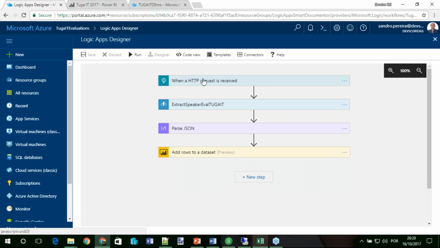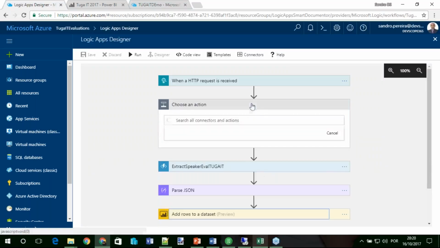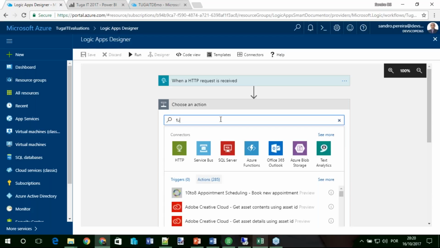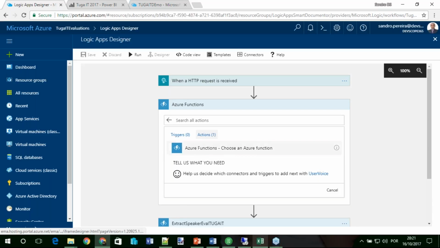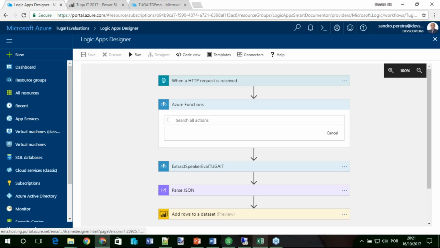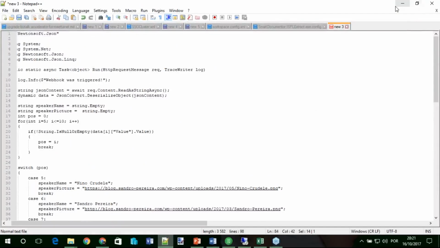I will not do that because I cannot add a listener to an already existing one. So the second step is add action, and that is a function. I already have my function created. It's something more or less like this. It's basic JavaScript code.